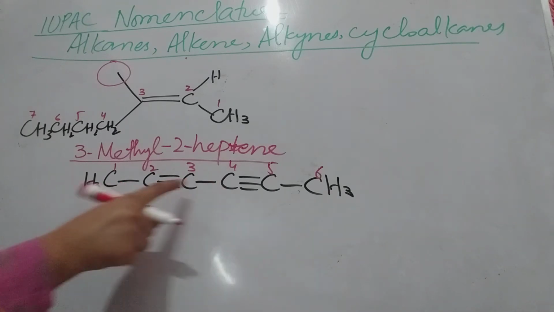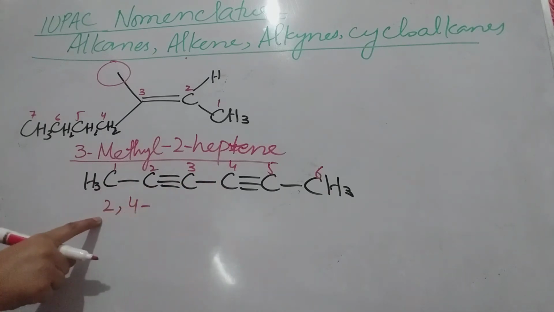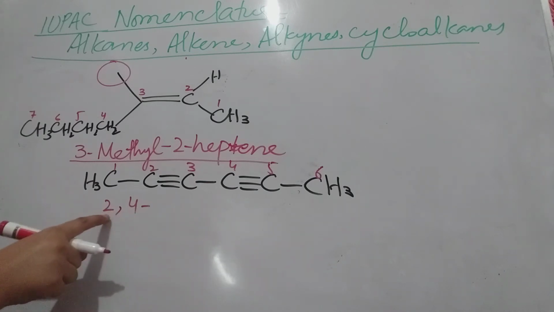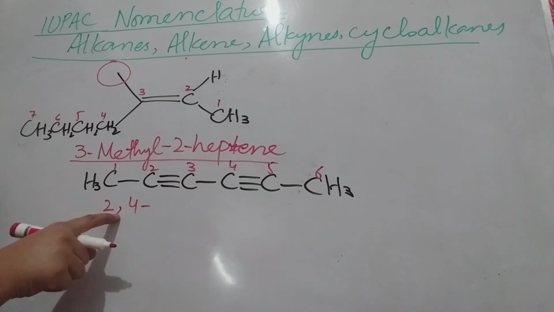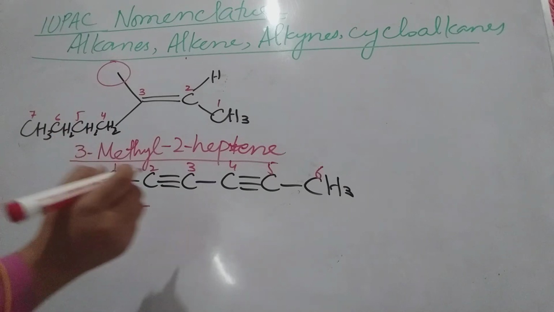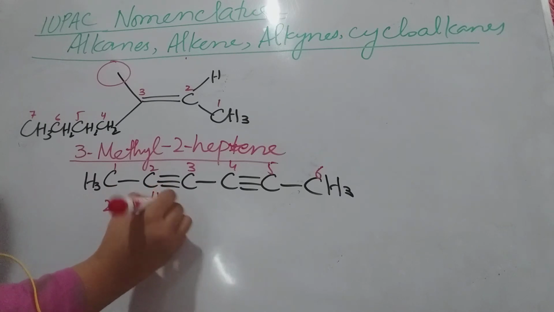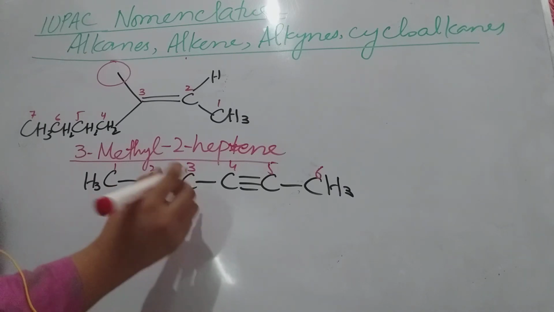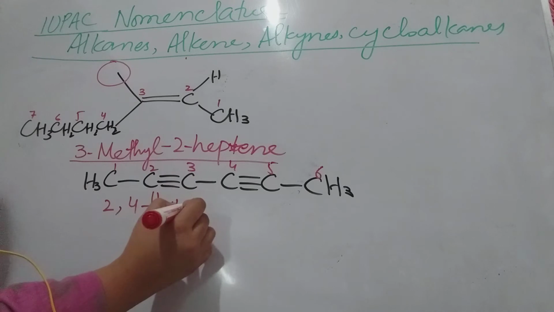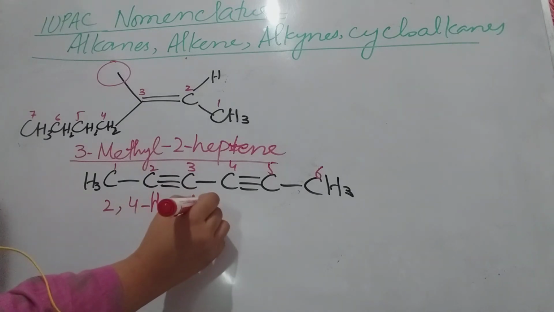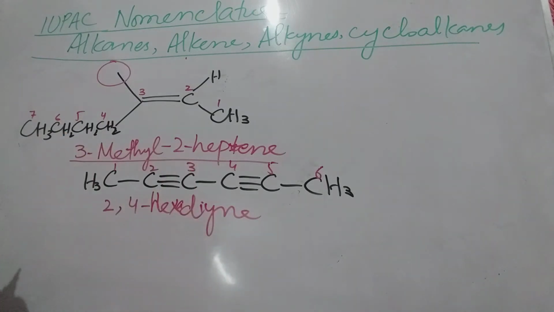Because there is the same triple bond, and whenever the same functional group or the same substituent is present within a compound, you must put a comma over here: 2, 4. Okay. Then how many carbons? 6 carbons. It stands for hexa. Okay, hexa. And you have diene, so hexadiene. This is the name of the compound.